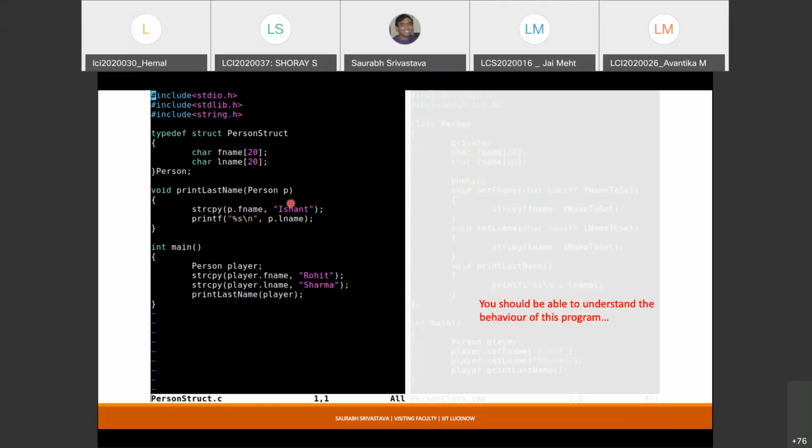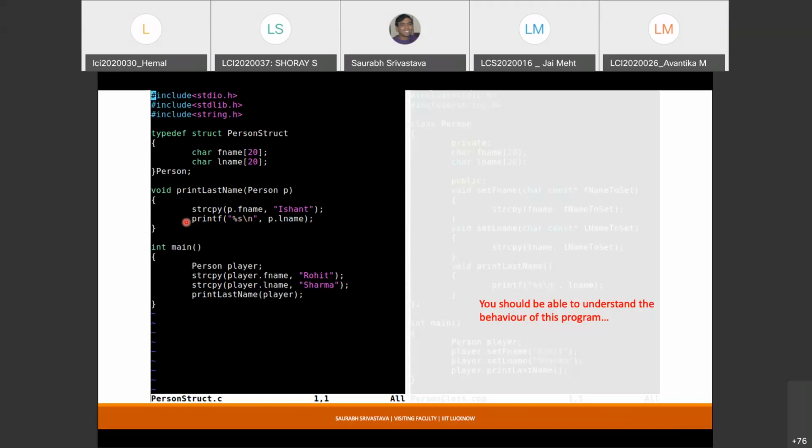Now it is perfectly legal, because when I'm passing this structure variable to this function, it is basically free to manipulate this structure any way it wants. There is no restriction that you can use f name but you cannot use l name, or you can use l name but you cannot use f name.